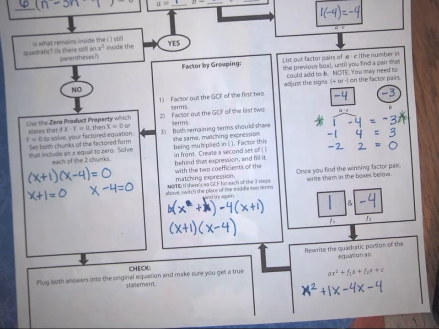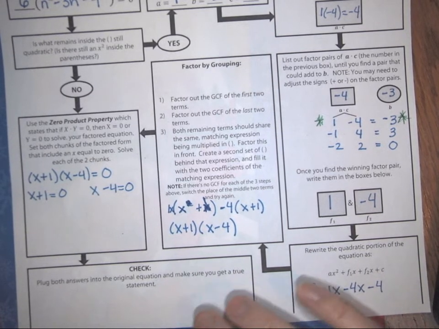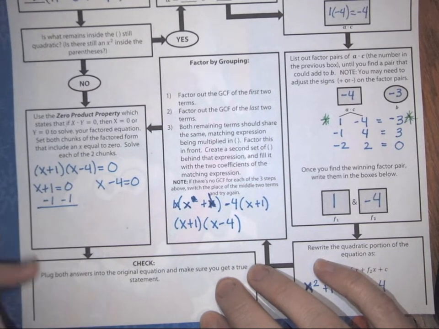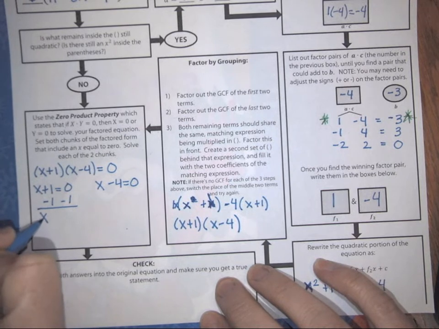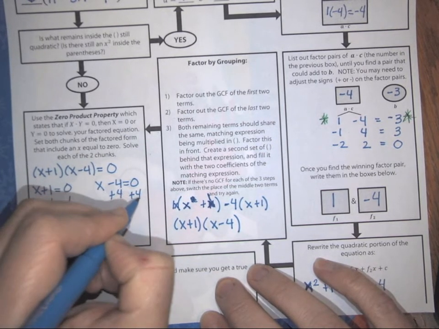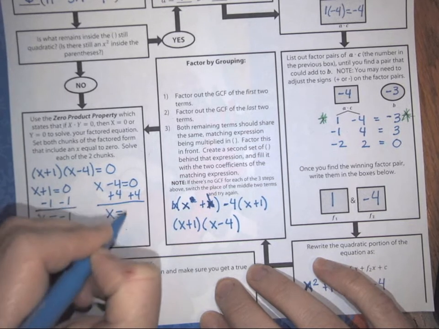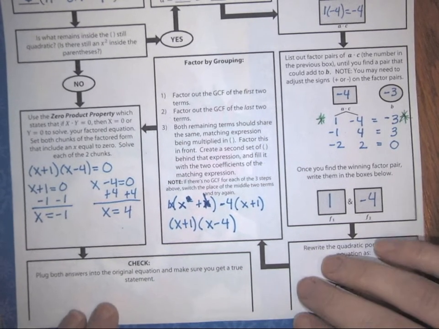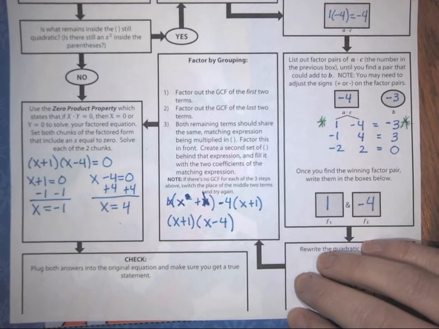It's just more natural for me to use x. So n and x here are interchangeable. I apologize if it confused you. But x equals negative 1 and x equals 4. So we're going to go ahead and check by plugging that back into our equation,